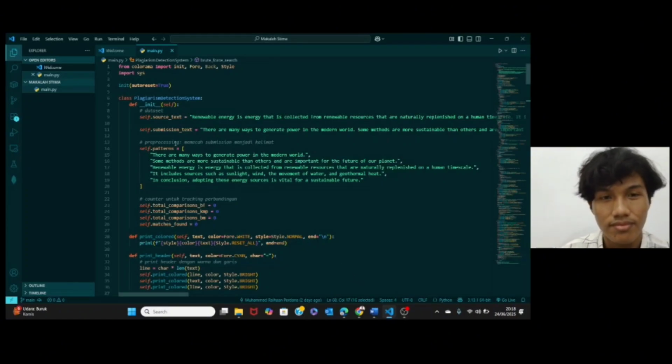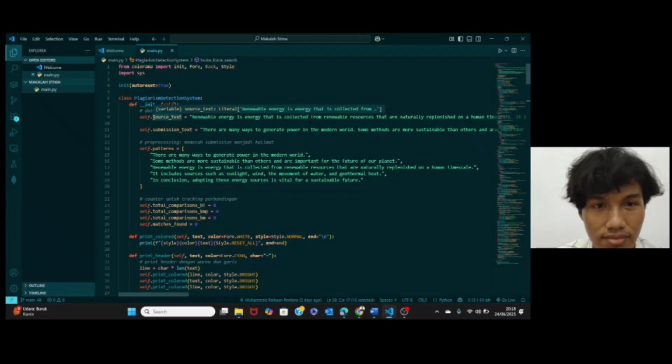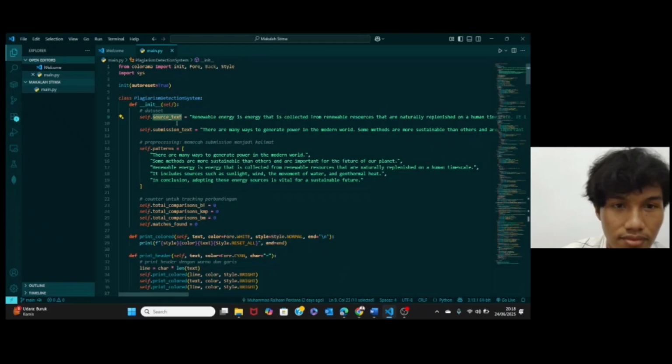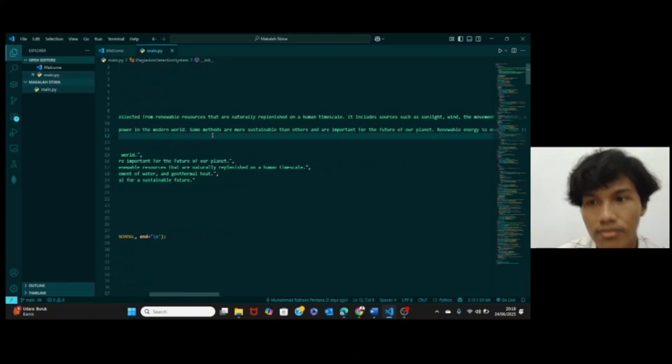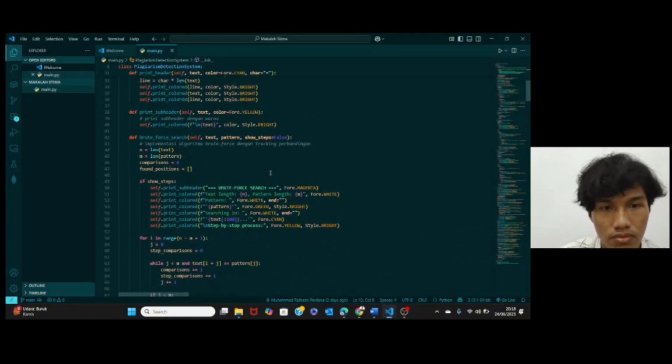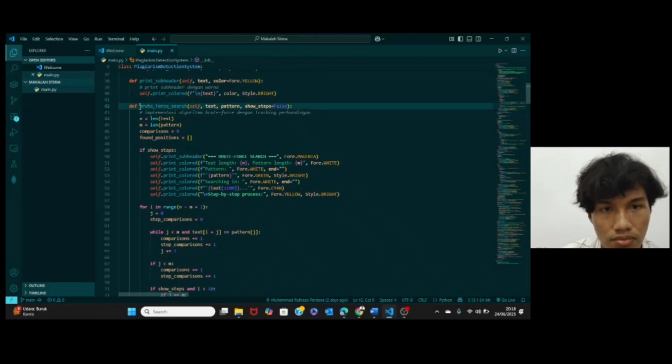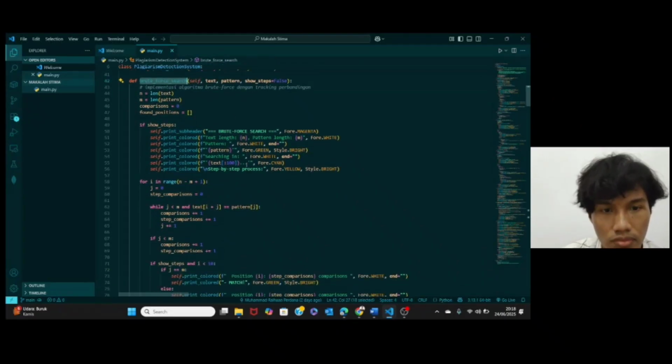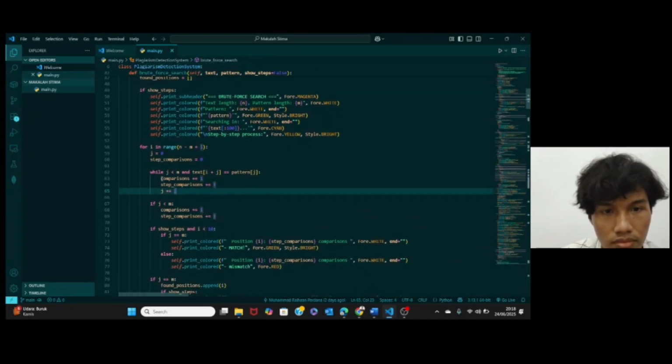Okay, first of all, I set up our dataset directly in the code. We have a source text and a submission text, which contains some sentences copied from the source. Next, I implemented each of the three algorithms as their own function. Here's the one for brute force. The most important part of my code is this letter counter.